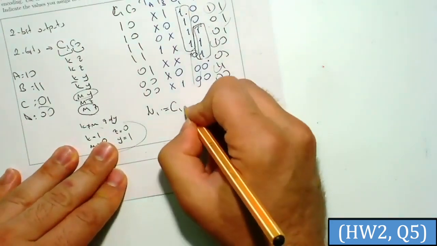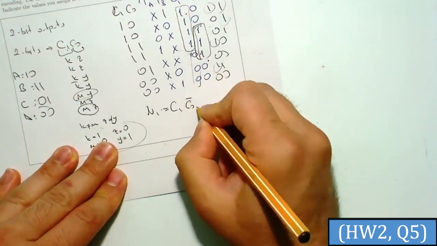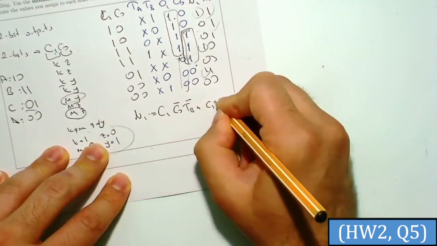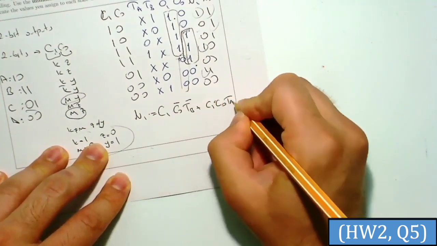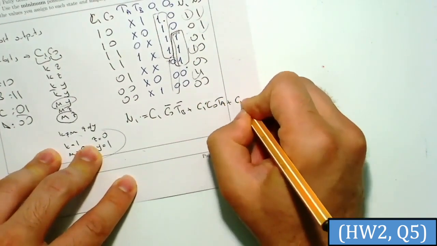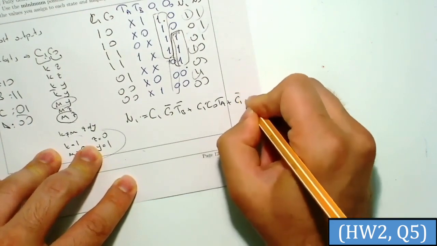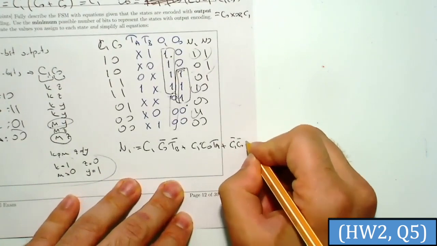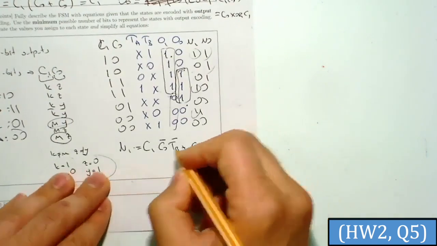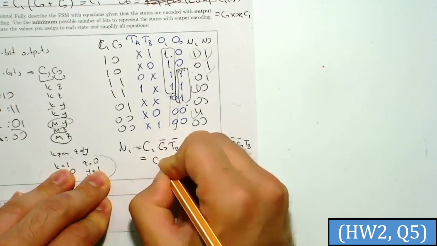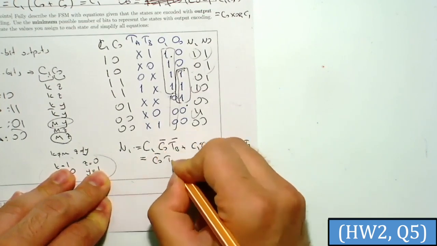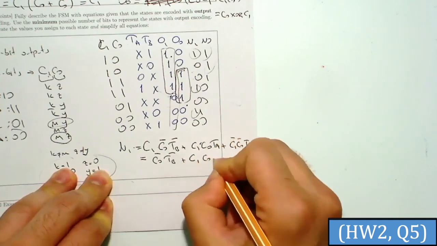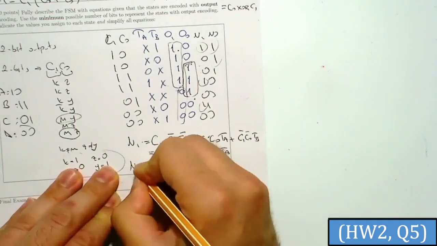So this will be C1, C0 naught, and TB naught, C1, C0, TA, I guess, and C1 naught, C0 naught, and TB, and this will be simplified as C0 TB naught, or C1 C0 TA,